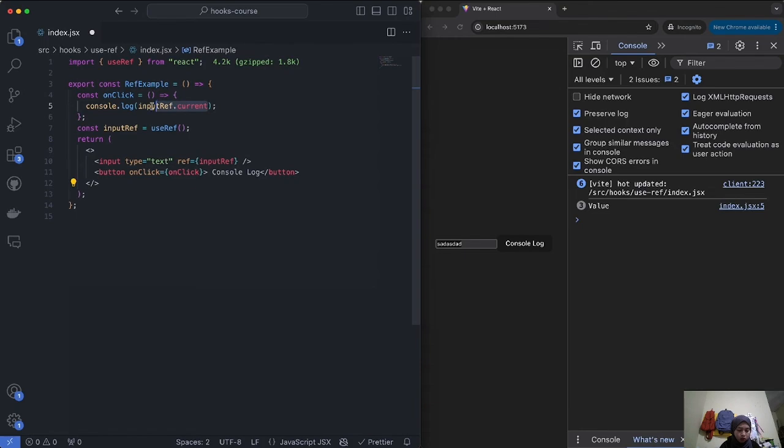And the best part is that whenever you update a .current of a ref, which by the way is literally what a ref is, an object with a current property inside of it, it won't cause a re-render, and we'll see that. But in this case, if I wanted to console log the value, I can just say input ref